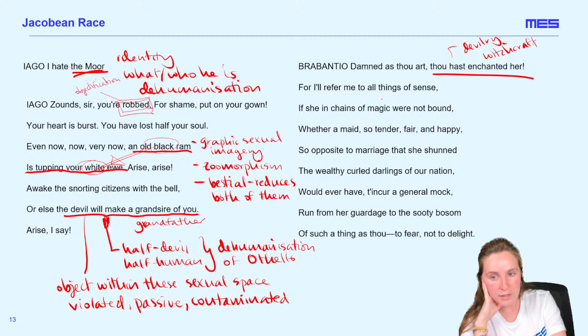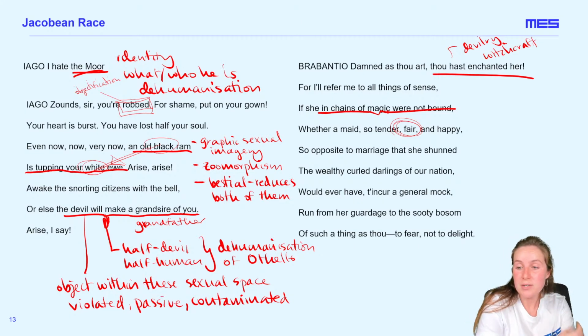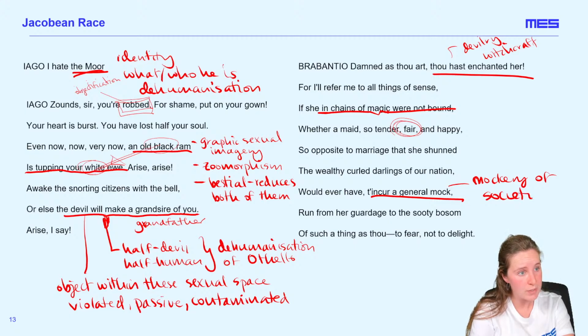"For I'll refer me to all things of sense, if she in chains of magic were not bound, whether a maid so tender, fair, and happy, so opposite to marriage that she shunned the wealthy curled darlings of our nation, would ever have run to incur a general mock." So she was so uninterested in marriage that she shunned all of the rich elite darlings, or beloved suitors, of Venice. To incur or cause the mockery of society. So she would never risk this societal damage done to her